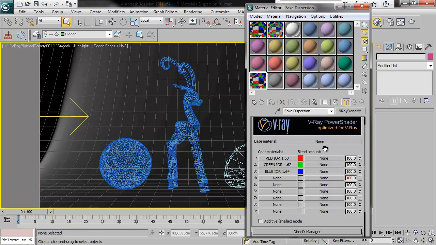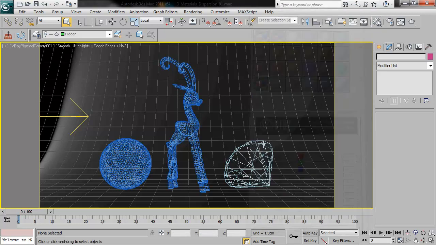And also it could be very slow to work with, because first of all you'd have to go into each individual coat material and adjust the index of refraction individually just to adjust the amount of dispersion effect. And then also, to prevent banding, you'd often want to introduce some blurriness to the refraction, and this would really make the render time skyrocket. So it's really not very efficient, and VRay 2.0 has a much better way of doing it. So let's take a look at it